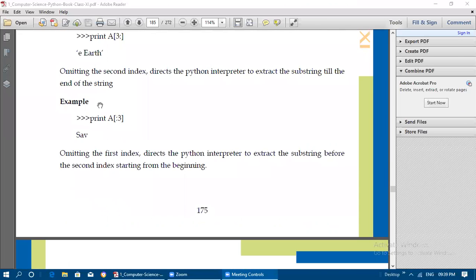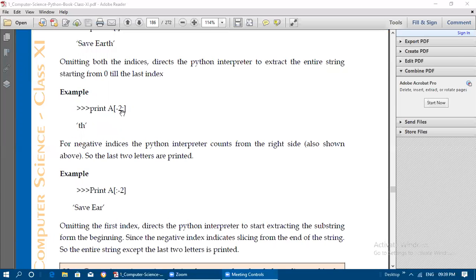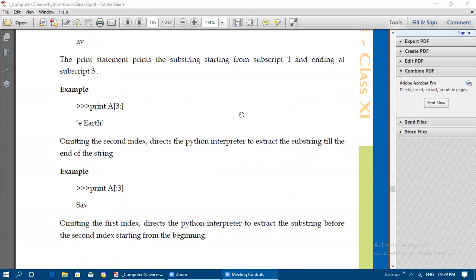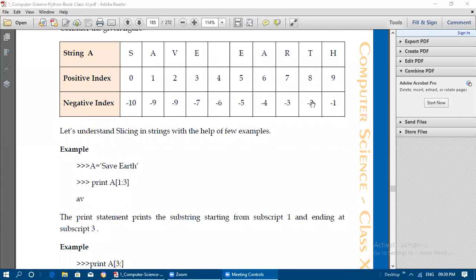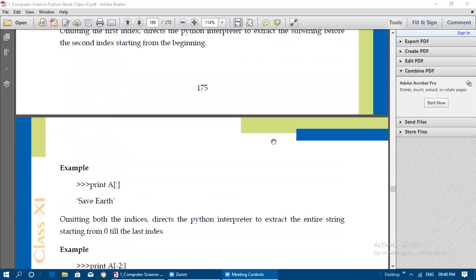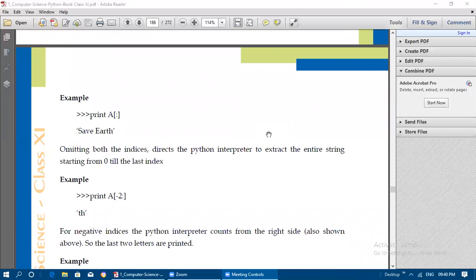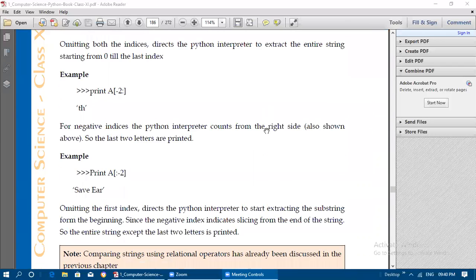And if you are giving -2 and colon, the second index is omitted and the first index is -2. So it will start from -2, that is from the right side, and the last value we didn't give, so it will go to the right side only. So -2 to the end of the string, that is T and H alone will get printed. The second index always points to the last value only.